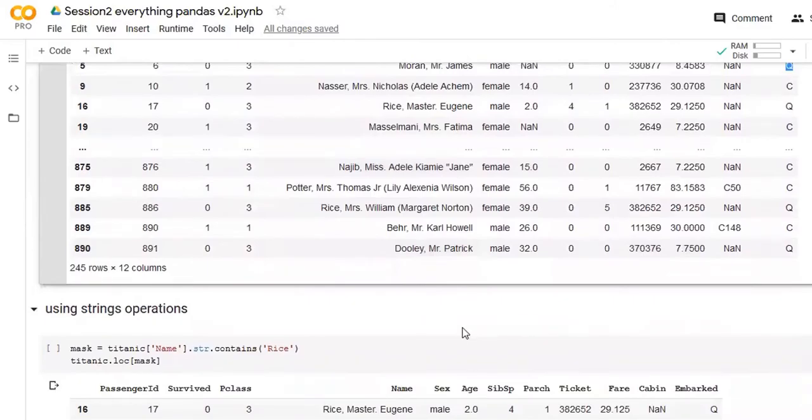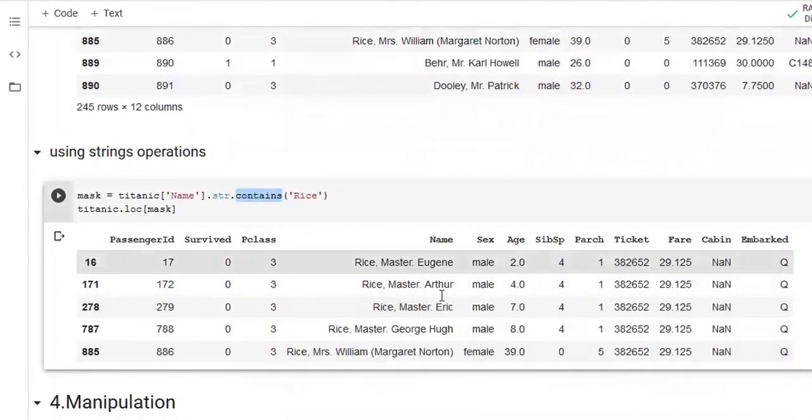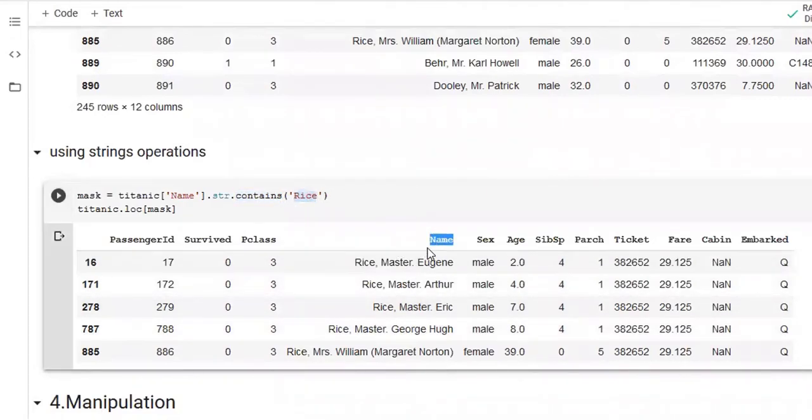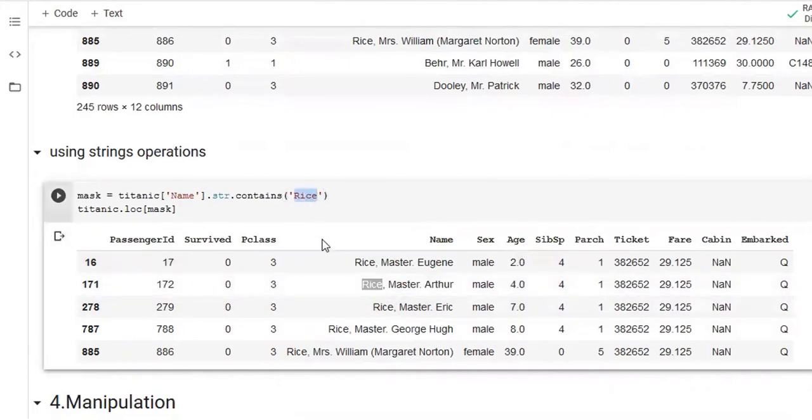You won't see that. There's another string operation. If we want to go through the name column, all the values in this column, I want you to find the word Rice in it. I wanted to find someone named Mr. Rice, or every person of that family. So I'm going to do the column name dot str dot contains, and I want to find the last name Rice.